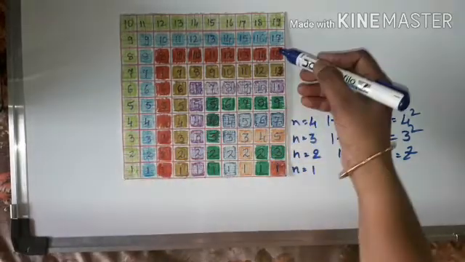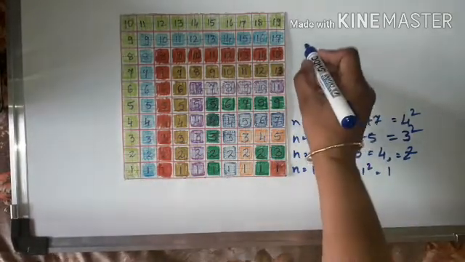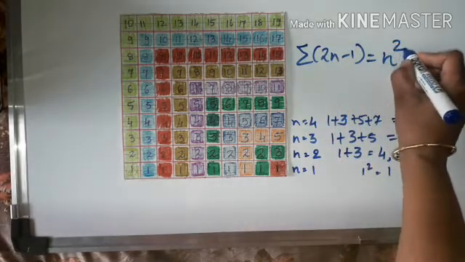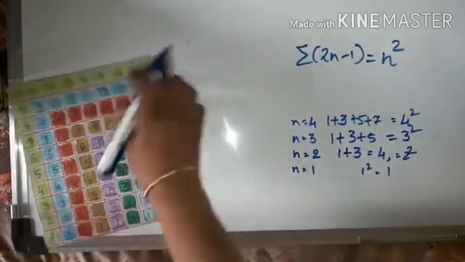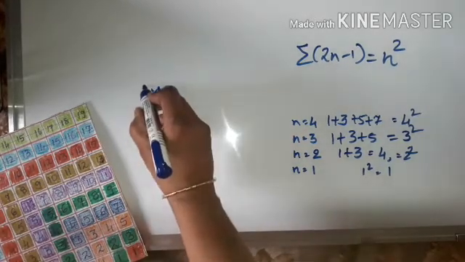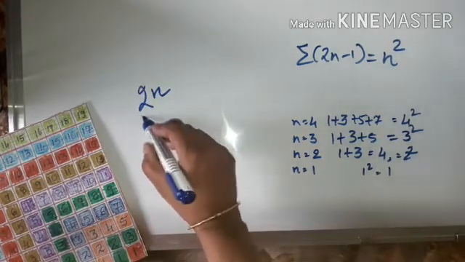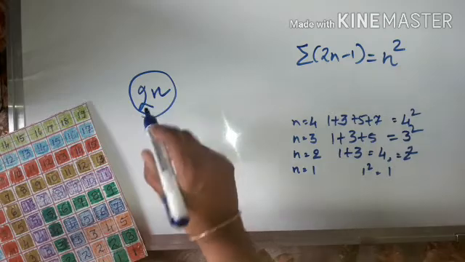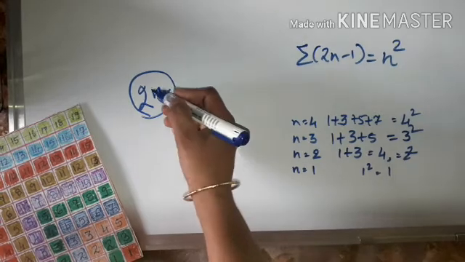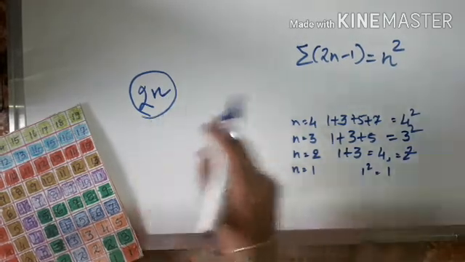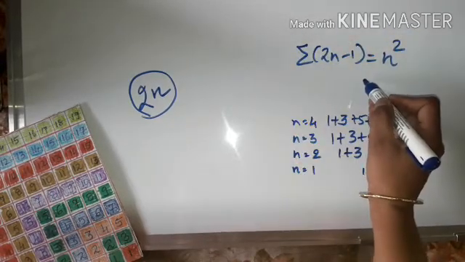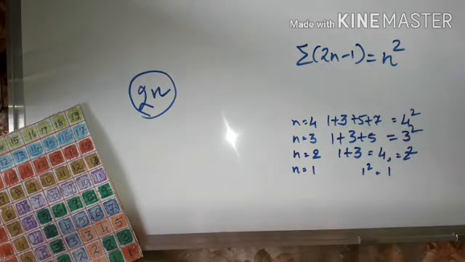And when you generalize the things, you will have sigma 2n minus 1 is equal to n square. As you know, when you write n, it can be odd or even. But when you write 2n, it's always an even number, right? So, even and odd numbers go in sequence only. So, 2n minus 1 will be an odd number, and the formula for sigma 2n minus 1 is equal to n square. Thank you.